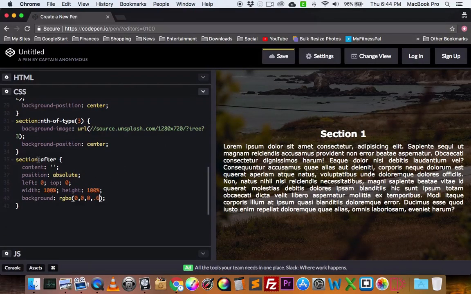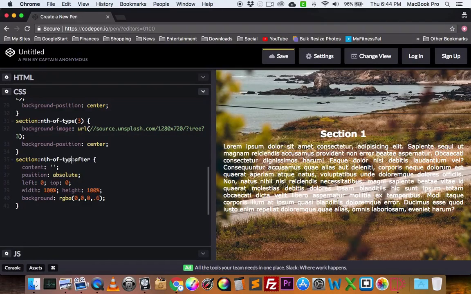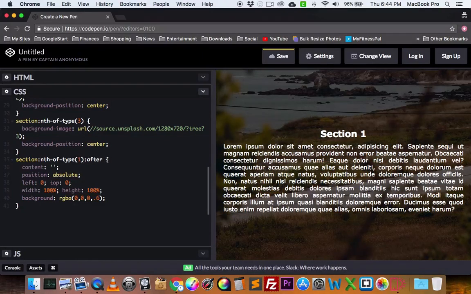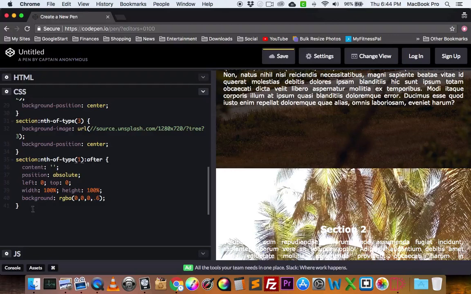So we're going to do section nth-of-type 1 after. So now the first one has an overlay, and now we're going to do copy. Oh, and we forgot to do this. We've got to make this z-index. We can make the z-index